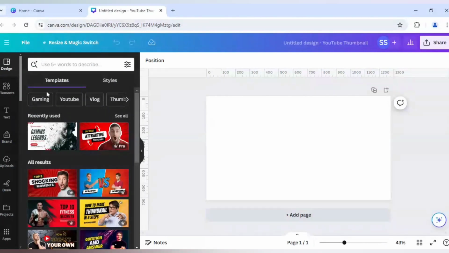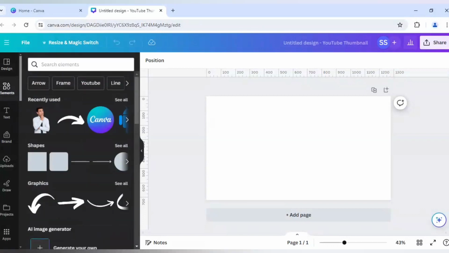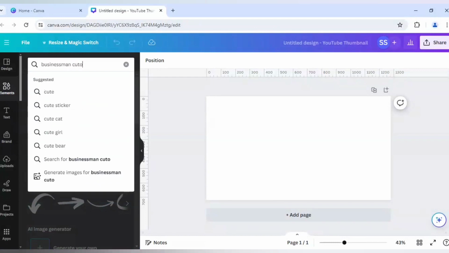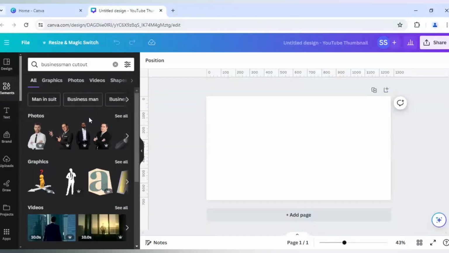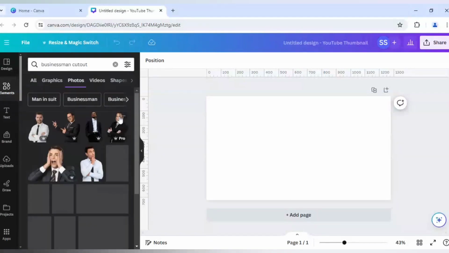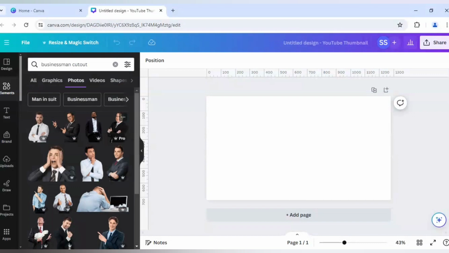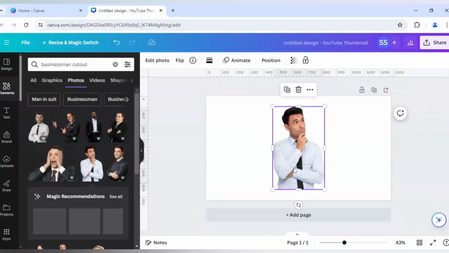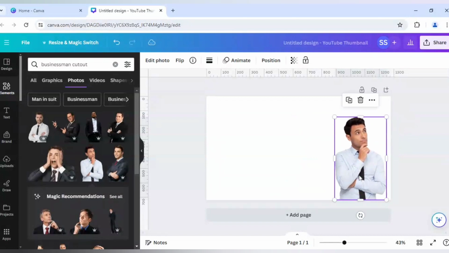First you need to choose an image. You can use your own image, but I am using a businessman cutout image. Let's see if anything is in the free section or not. This one, as I can find, is in the free to use section. So I am using this so that even if you don't have a Canva Pro subscription, you can still use it. I need to duplicate it first